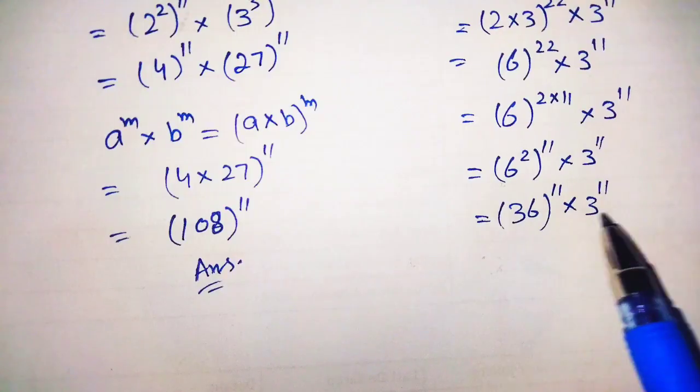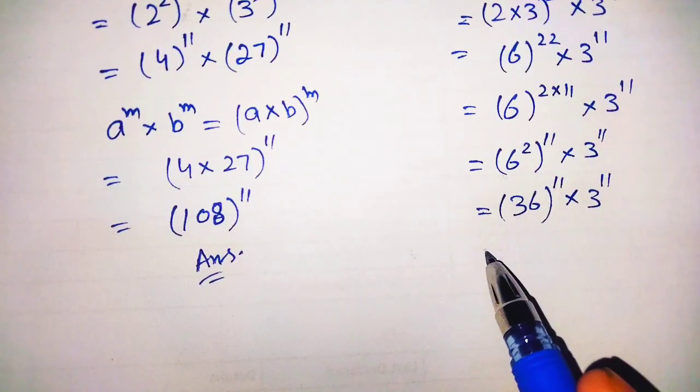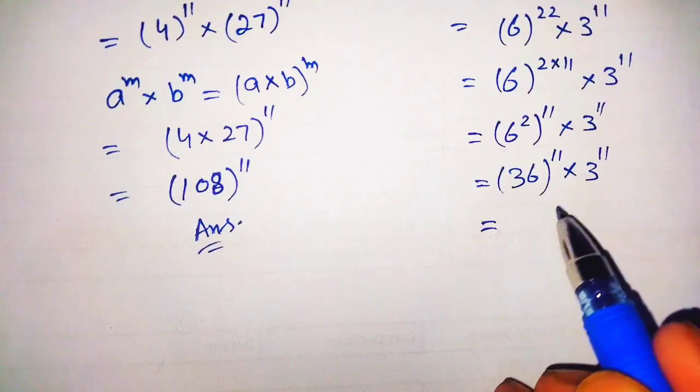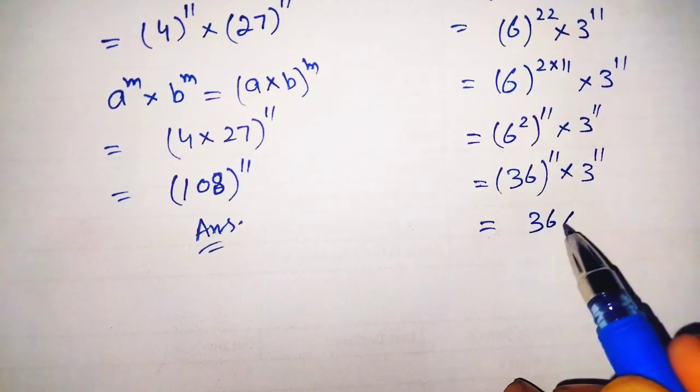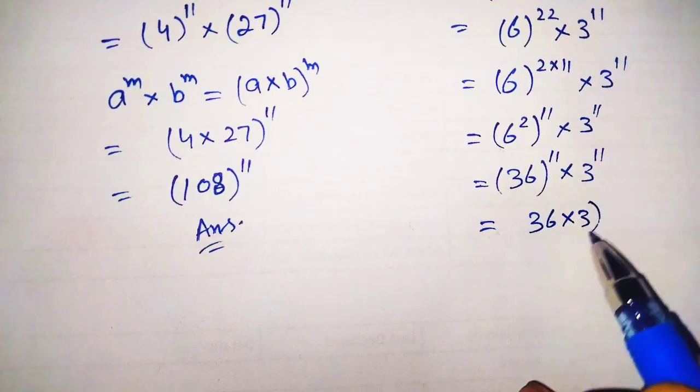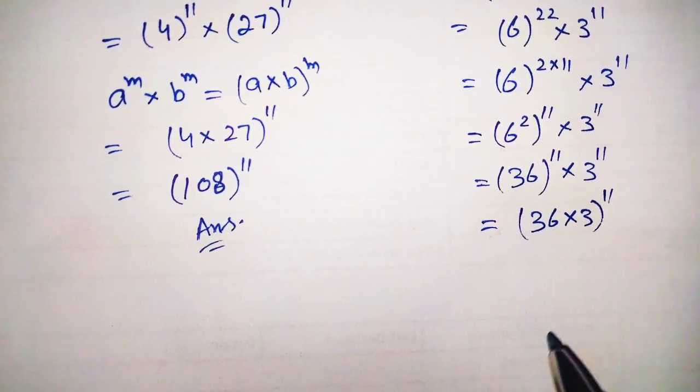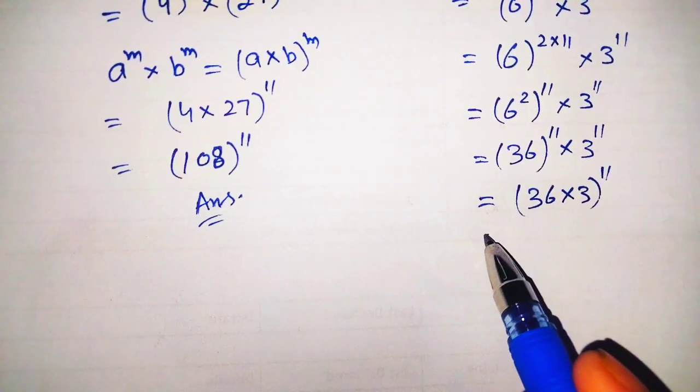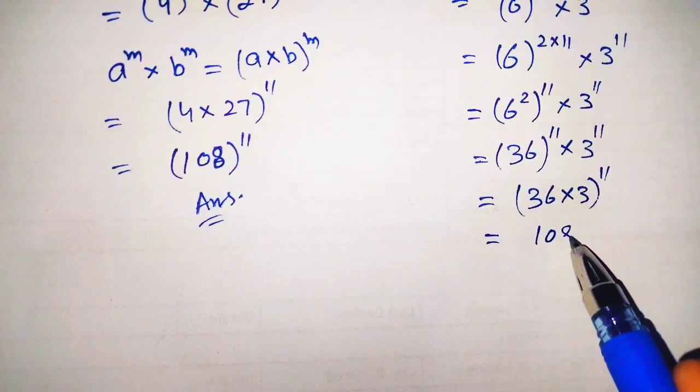Now again both terms have the same power, so we can write both terms in a combined way as 36 times 3 whole raised to power 11. Now multiplying 36 with 3, we will get 108